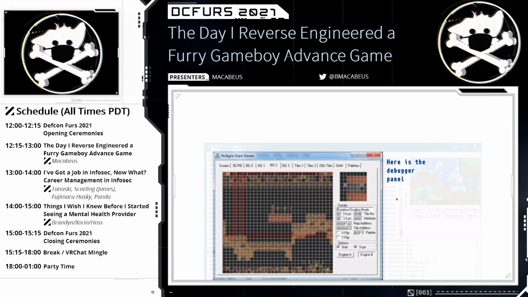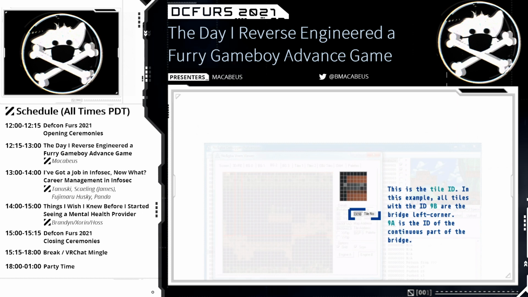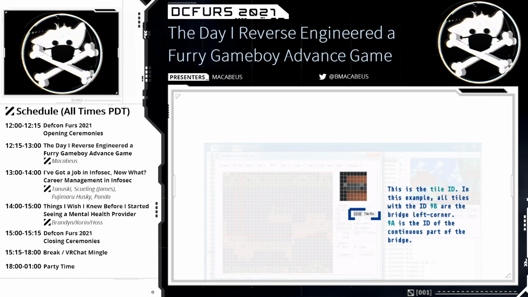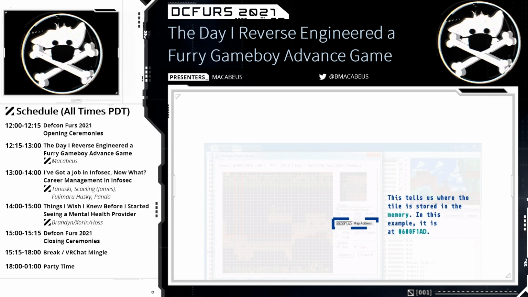And in NoCashGBA, there are a lot of panels to do analysis on the game that's running. On this panel, you can check the background tiles. And here is the tile at the corner of the bridge. Each tile has a specific ID, and for the corner tile of the bridge, the tile ID is 9B. The continuous part is 9A. And you can see the memory address in which the tile is stored. In this case, the tile is stored at